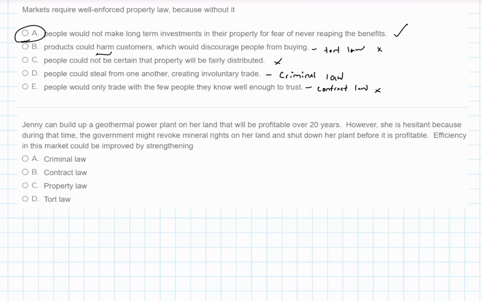Because of the question here, I want to say, first of all, I don't think it's criminal law. Contract law, there was no previous agreement between the government and her. So I wouldn't say it's a contract law. Property law, yes, because she has rights to the minerals and they are trying to take those away from her. So it's ensuring what she owns is hers. So that does make sense. Tort law, there's no injury involved. So this would be property law.